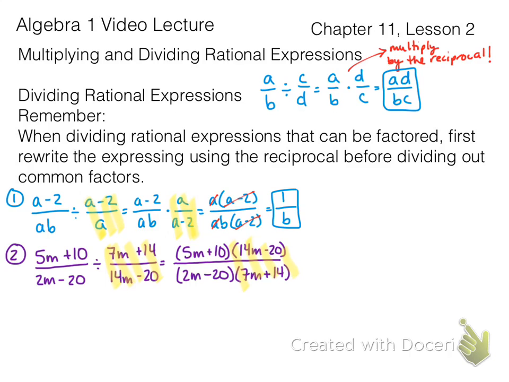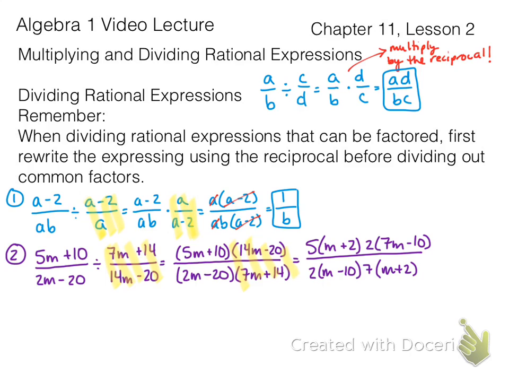We can pull a 5 out of 5m plus 10. We can pull a 2 out of 14m minus 20. We can pull a 2 out of 2m minus 20. And we can pull a 7 out of 7m plus 14. So let's do it. Pulled out the 5, pulled out the 2, pulled out another 2, pulled out a 7,